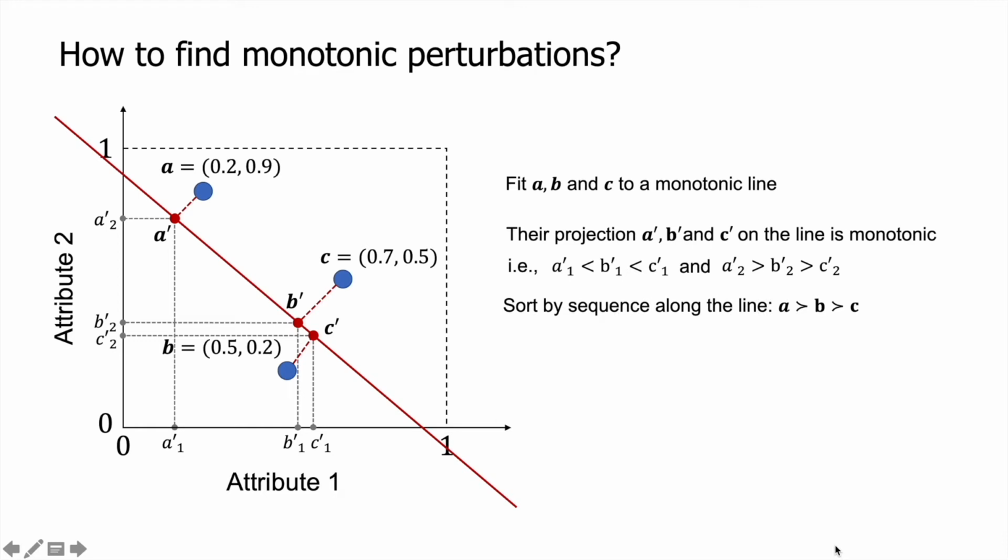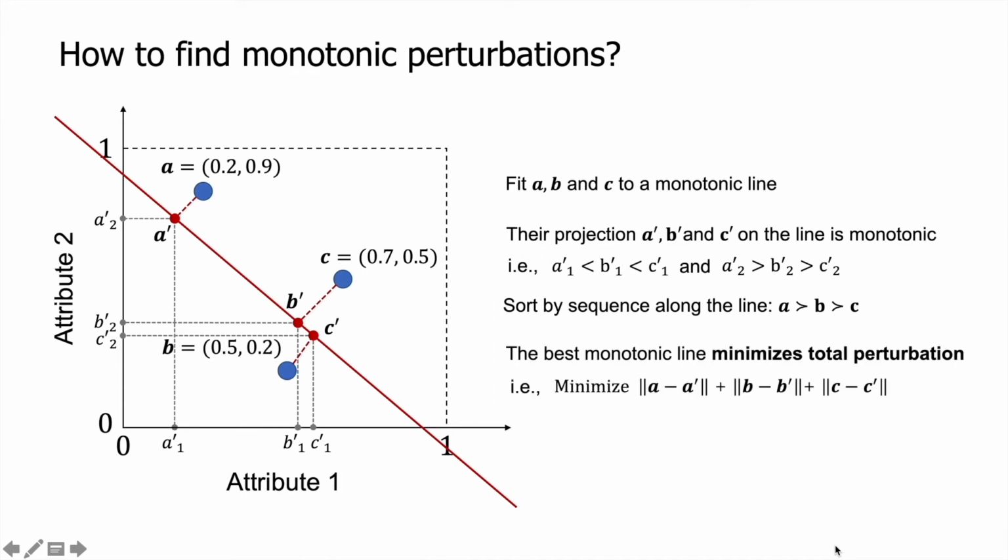There could be numerous lines that help with such sorting. We should find one that minimizes the total perturbation. That is, the total distance from each data point to its projection. However,